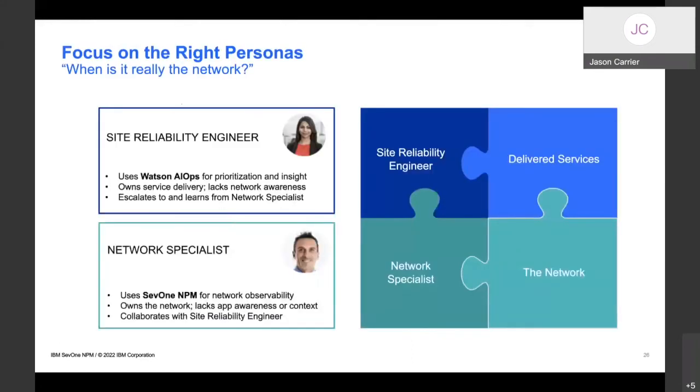And so for that specific integration, as I've already alluded to, when we're delivering the right insights to the right people, these are the right people that we're really focusing on. This isn't an all-encompassing list, obviously, of all the users that would benefit from the integration, but the two that we're really trying to serve the most are the site reliability engineer, who is primarily a Watson user, and the network specialist, who is primarily a SevOne user. What we're really doing is tying the network relevant data in with the delivered services relevant data so that we can make intelligent correlations and facilitate the collaboration between these two folks.